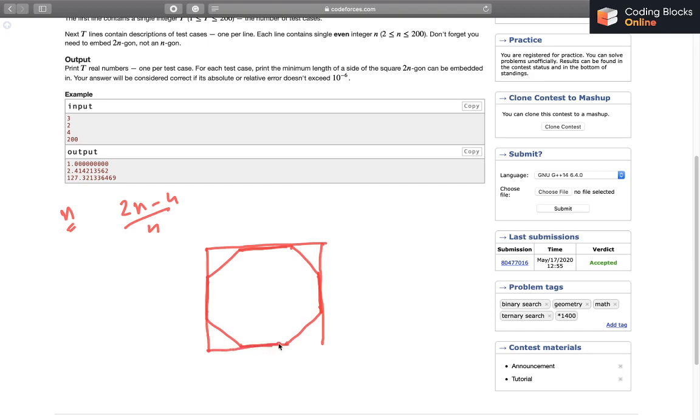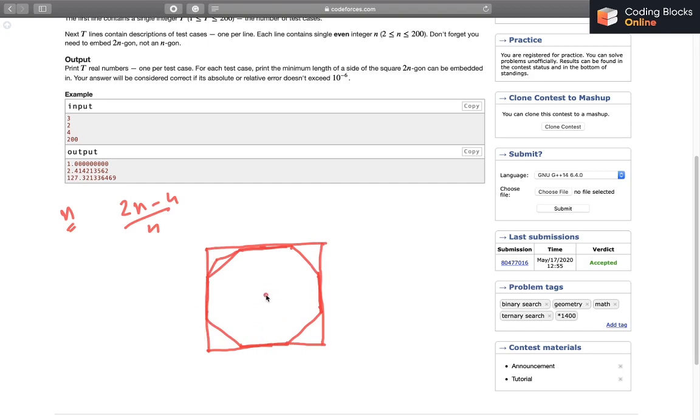Pardon the not so straight lines. Okay, so if I was to draw a 12-gon, it would have looked something like this, two sides in between, right? I hope the idea is clear that the number of sides between the pair of horizontal and vertical sides will vary according to the value of n, but the general structure will look like this: the two horizontal ones will align with the horizontal sides of the square, and the two vertical ones will align with the vertical sides of the square, right?